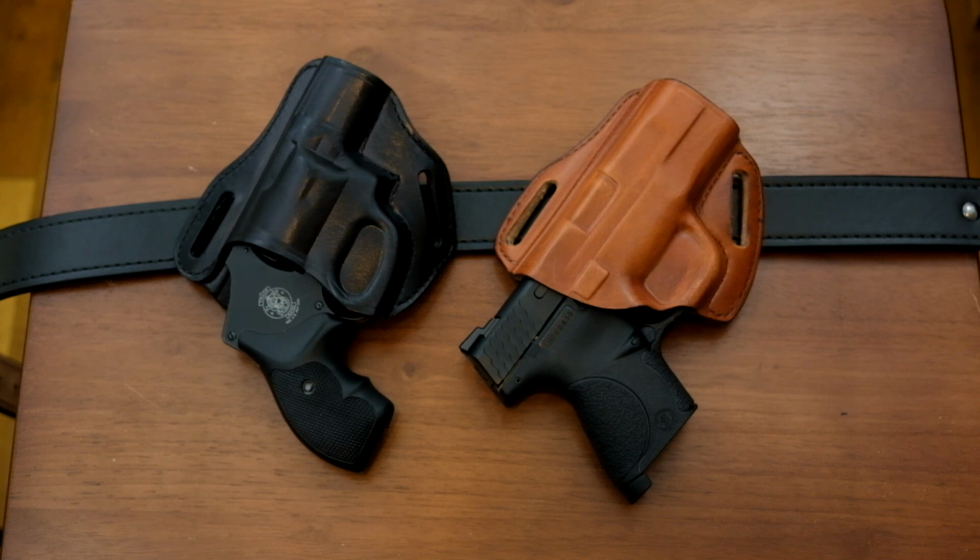This time we're looking at the Bianchi Model 58 PI holster. It's an outside-the-waistband leather pancake style holster designed for carry rearward of the 3 o'clock and 9 o'clock positions because it is designed with an aggressive forward cant, further forward than the traditional FBI cant designed for closer to 3 o'clock carry. On the table today we have two of this holster in two different colors, obviously, designed for two